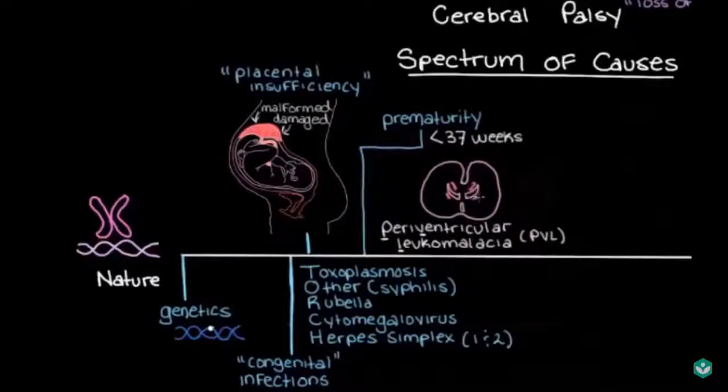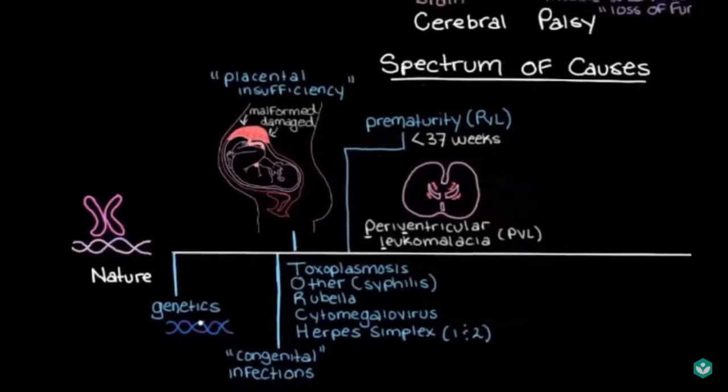And it turns out that the vast majority of babies with PVL end up developing cerebral palsy because these periventricular areas contain some really important tracts of neurons that are involved in controlling our movements. So prematurity puts a baby at risk for developing PVL, and PVL often causes cerebral palsy. So maybe we'll put PVL here in brackets beside prematurity just so that we remember one of the main reasons that we're putting prematurity down here on our causes spectrum.